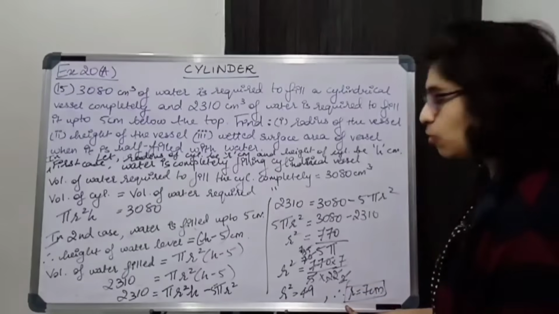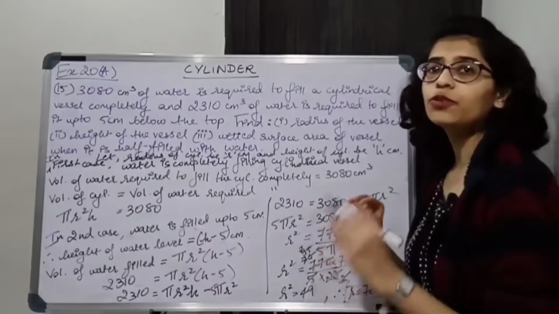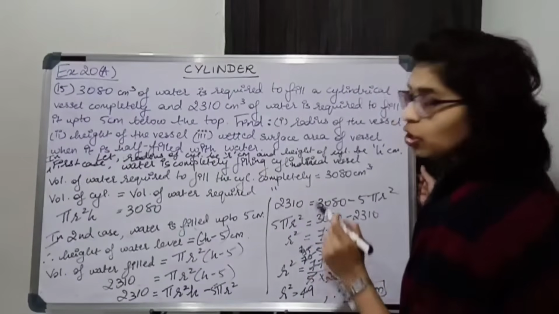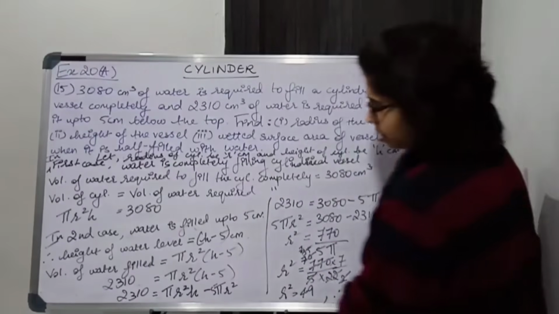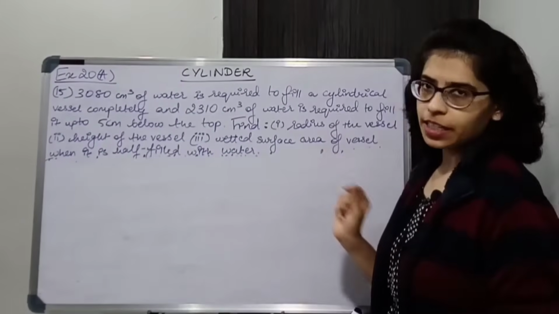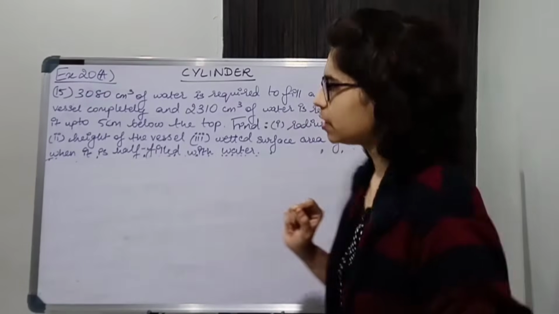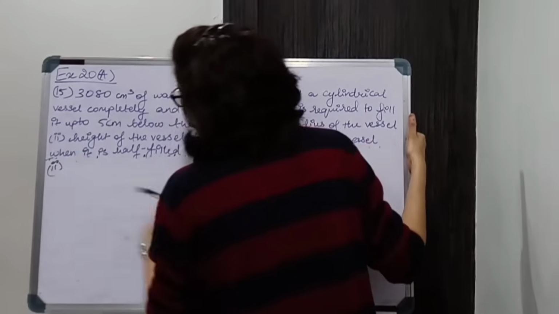You have to give reason over here. After this step, r is equal to 7 मिल रहा है, you have to write down taking square root on both the sides. So we got r, so the radius of the cylinder is 7 centimeters. We found the radius of the cylinder. Okay, now we have to find the height of the cylinder, height of the vessel. So second part is finding the height.